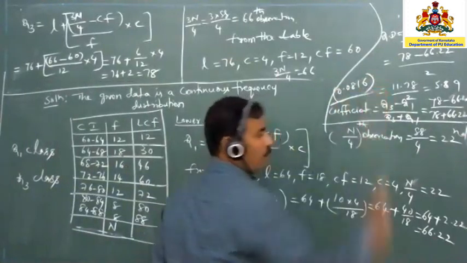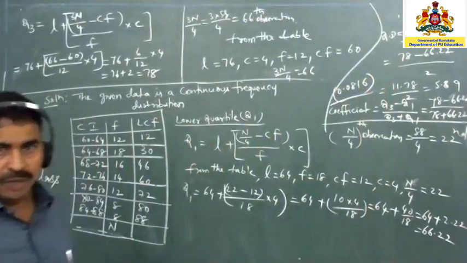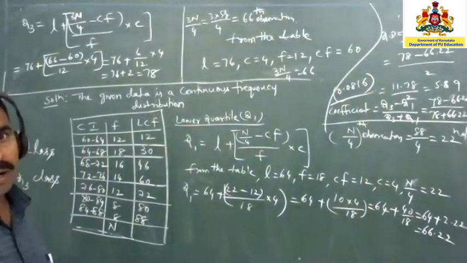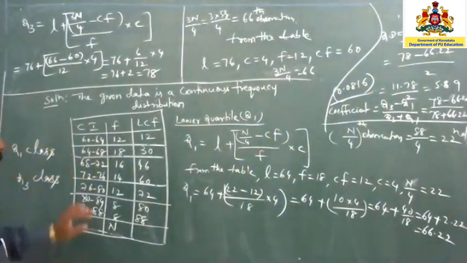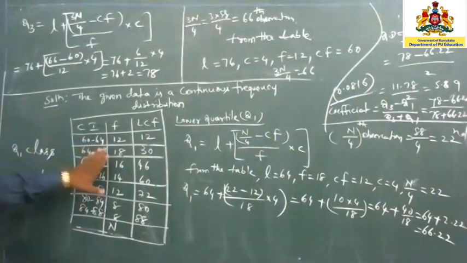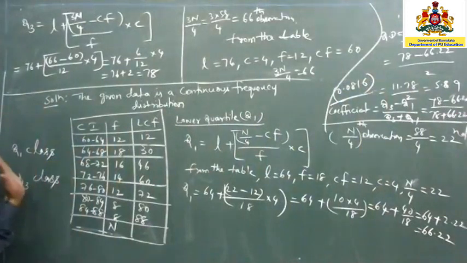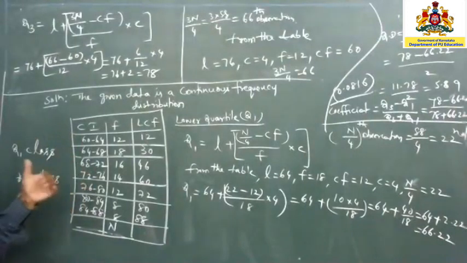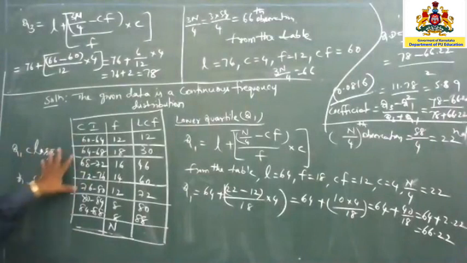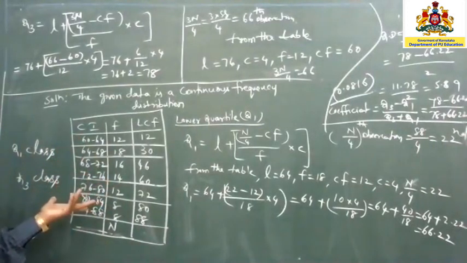0.0816 is there in the textbook. Just check the calculation, use the calculator and check. For the computation of quartile deviation for the continuous frequency distribution, class intervals should be exclusive. If inclusive class intervals are given, they should be converted into exclusive. Here, exclusive class intervals are given directly.